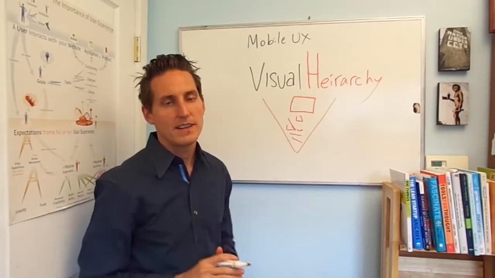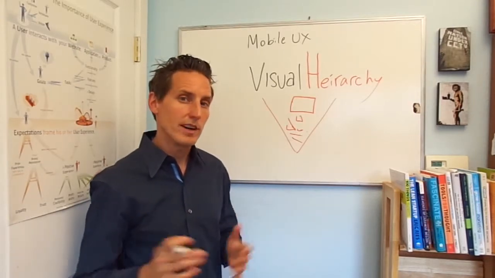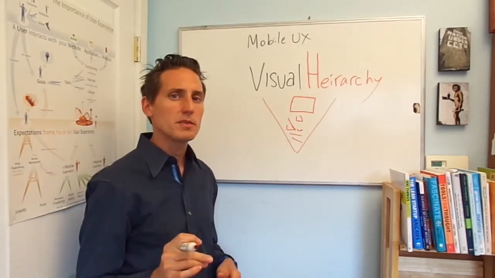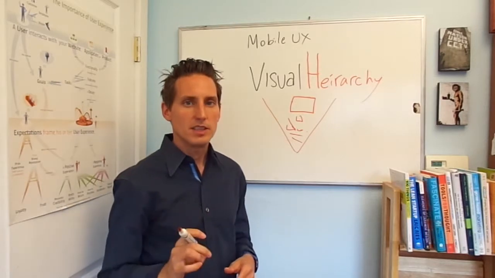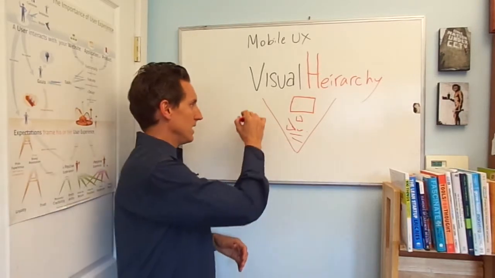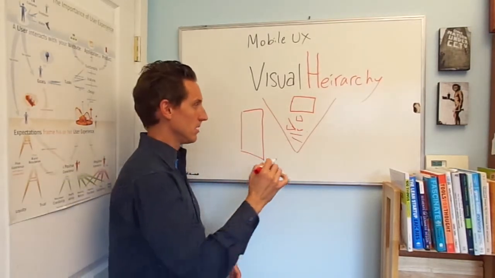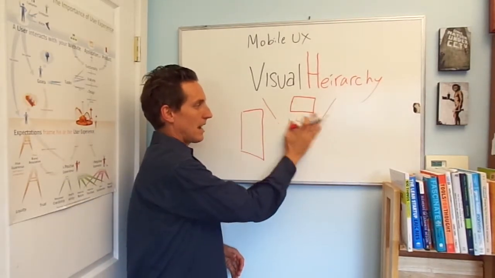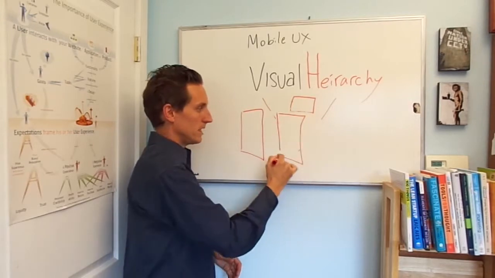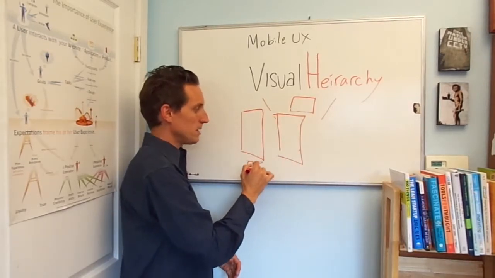So it makes sense, right? What does that look like in a mobile environment? There are two apps I wanted to mention. The first app is from OpenTable, and the next app is from Yelp. So OpenTable